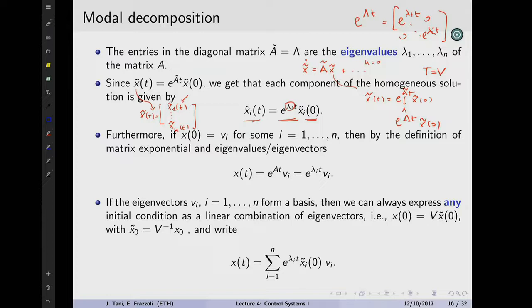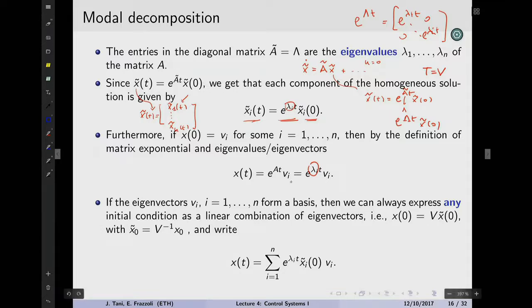Why is it simpler? Because in the collection of n first order differential equations, each differential equation is solved on its own. It's decoupled from the others. Very nice, right? You don't have all those interactions as before. And there's another cool thing. Now, if you take any eigenvector and you set it as the initial condition for your system, you get an answer in time that has exactly that same shape, just evolving with a time constant that is dependent on the eigenvalue.